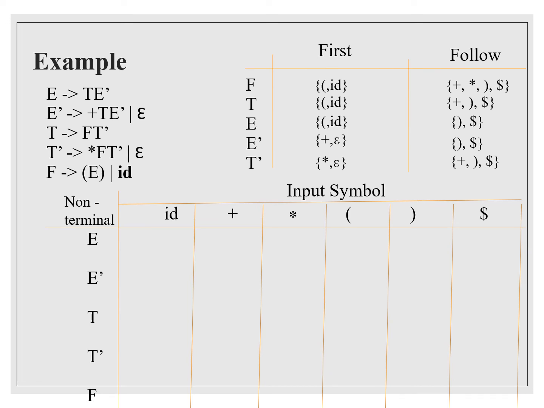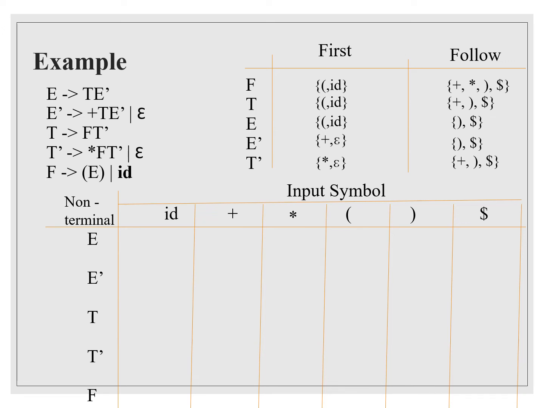So how to construct a parsing table? Okay, so we know that we have to construct a table first. What is the name of the table? Capital M. And we have to fix the column entries as well as row entry. What is the row entry? Only the non-terminals. What is the column entry? Only terminals. In the previous slide, I explained column entry includes epsilon. So that is a mistake actually. So the column entry contains only the terminals including dollar. It doesn't have any epsilon entry.